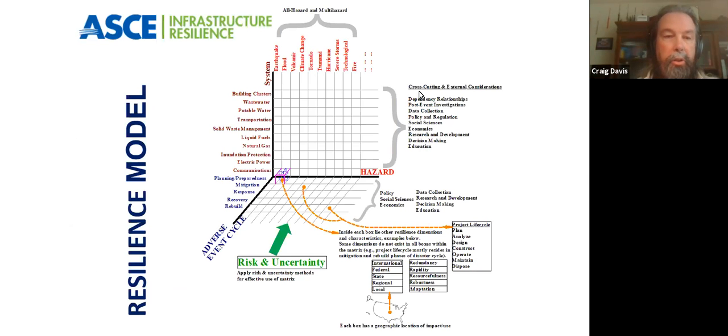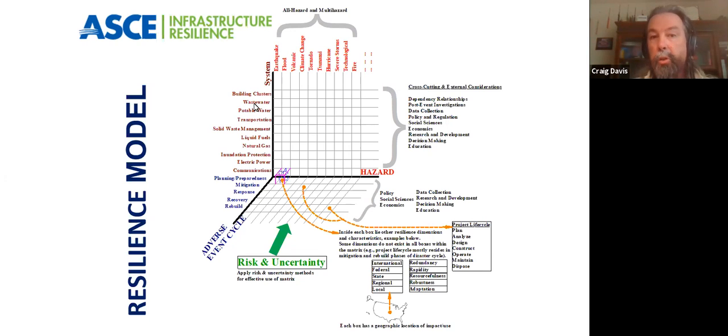So let me introduce to you a resilience model developed by the ASCE Infrastructure Resilience Division to better understand the domains that we're talking about and which parameters help define the resilient lifeline system. So here we're going to talk about 3 dimensions as a primary, and then some that also support those 3 primary dimensions. So they include the system on the vertical axis, which are the same things that I described before,